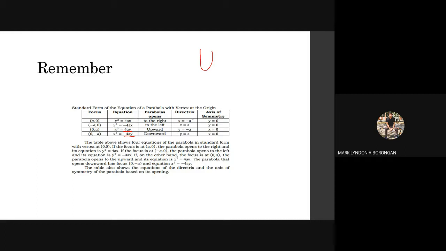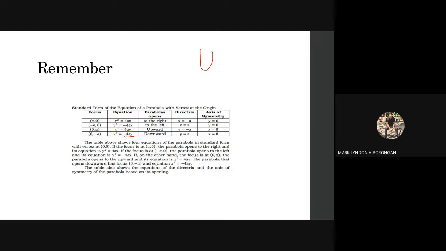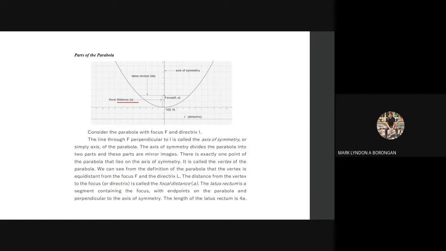Our directrix will just be equal to a. This a is our focal distance. Okay? That will just be equal to the focal distance. The directrix is the same distance as the focal distance of the focus, right? Only that it is opposite, since the parabola has its back turned to it. Let's say for example this parabola opens upward, and a parabola that opens upward has its back to our directrix. So if it turns its back, it means it is at the negative